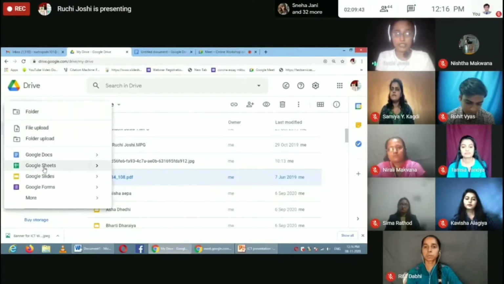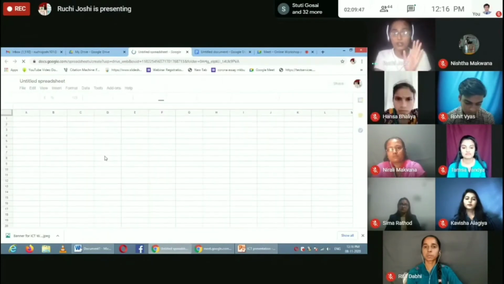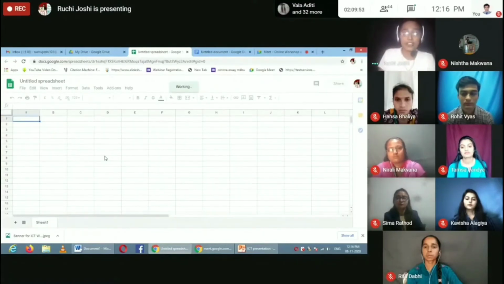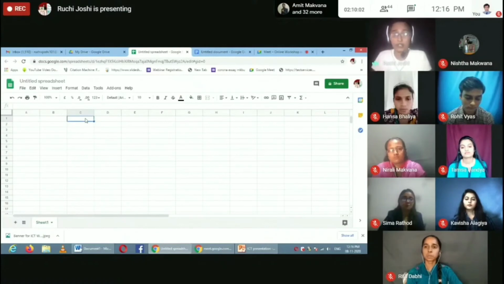Another point is Google Sheets, in which you are all filling the worksheet that Rohit has prepared. So from this we can work collaboratively also.